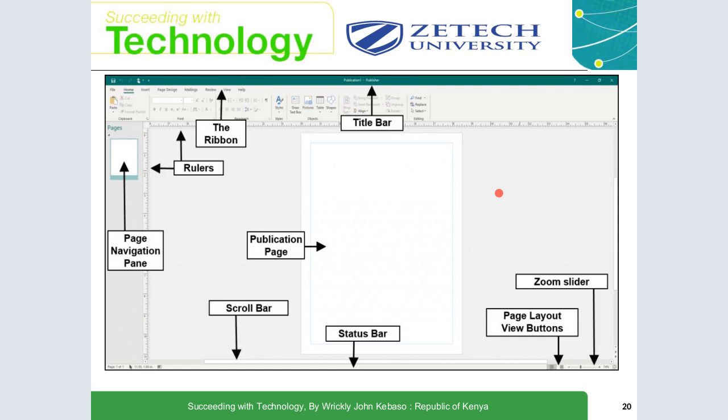For you to be able to use Publisher well, it's very important to understand those parts, because they will assist you to actually continue using. So I'll start from the beginning. The title bar. Whenever you open an application, it gives you the name of the application and the name of